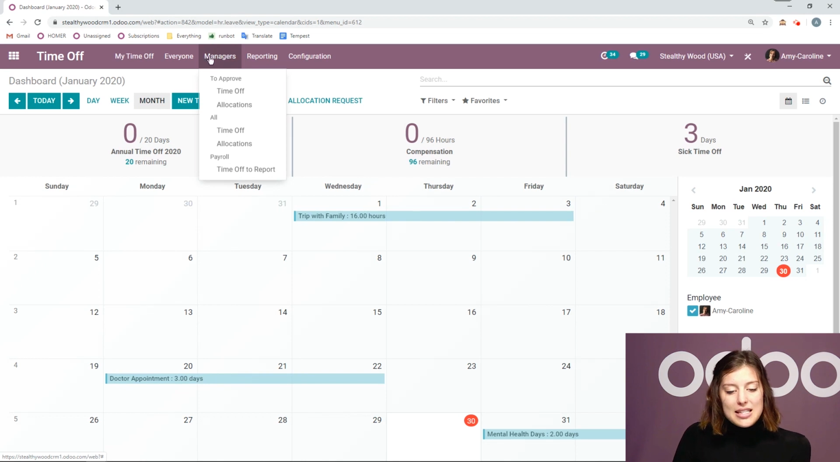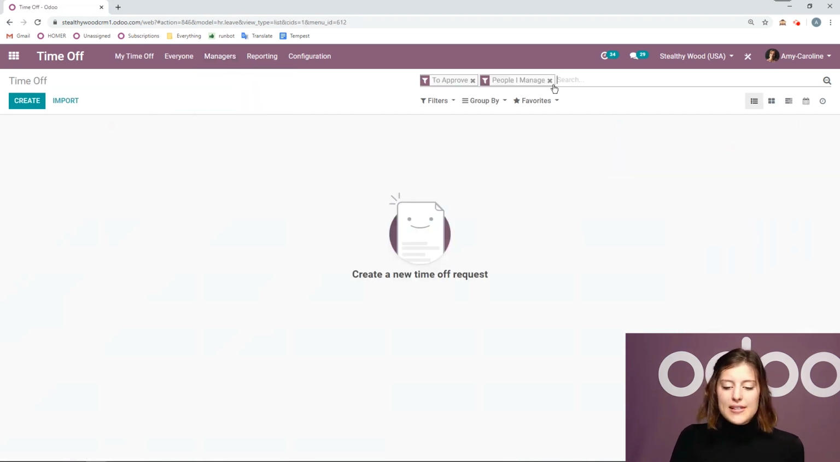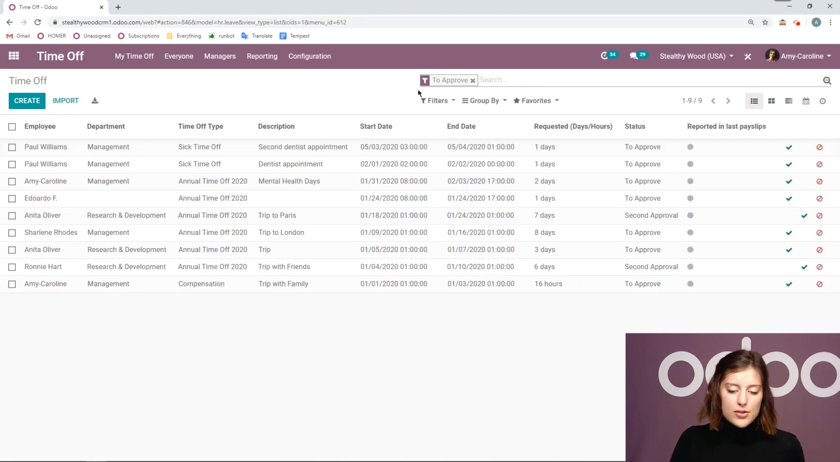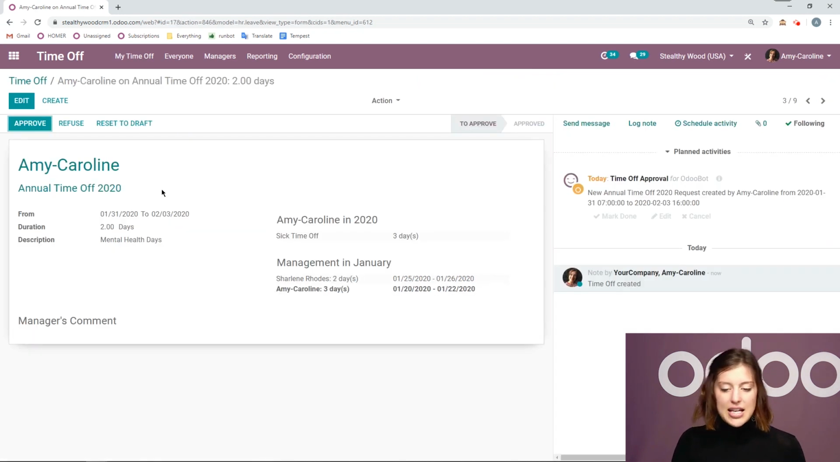So I'm going to go to this nice manager's menu. And I'm going to go to approve time off. So by default, I'm going to only see the people's time off that I manage, but I can remove this filter to see everyone that is to approve. And I have my mental health days here. Status to approve, and there's a task in the chatter. So let's go ahead and approve this. But